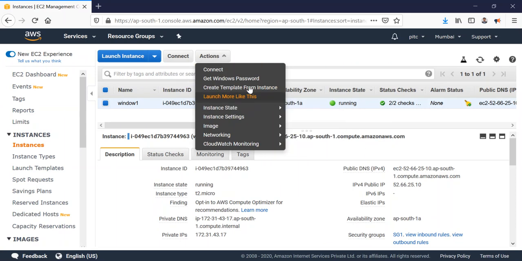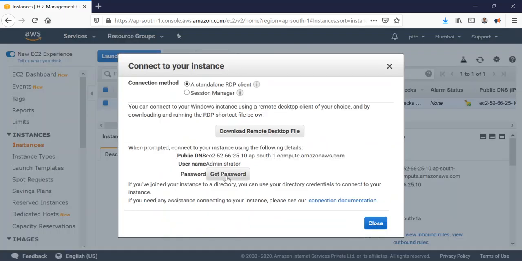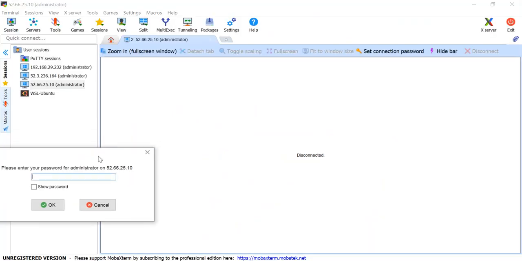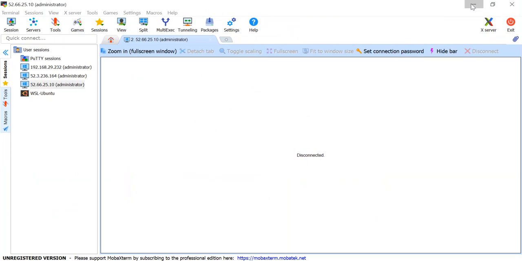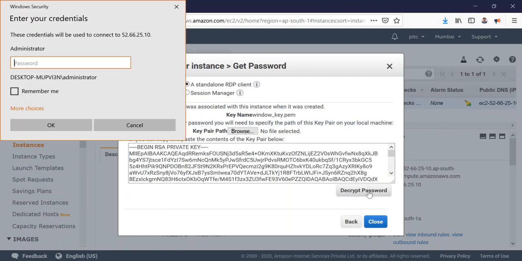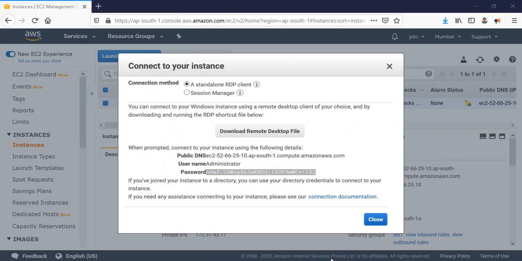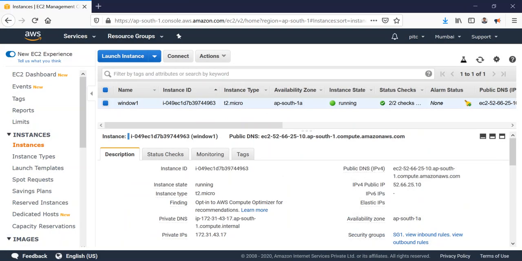It asks where the password is. Decrypt password and copy the password. So I copied the password. I don't want to actually connect here, so I'll close it.